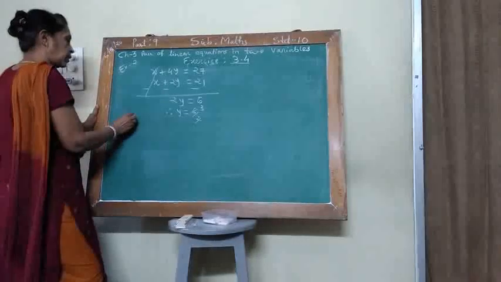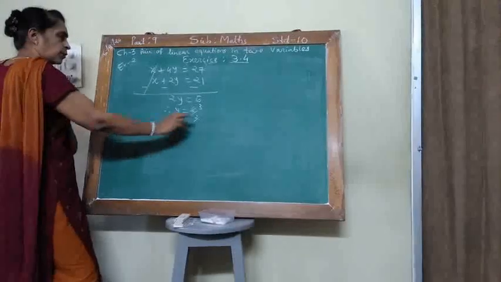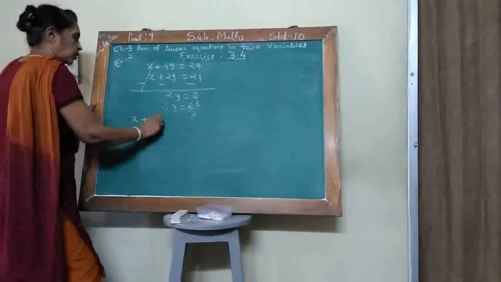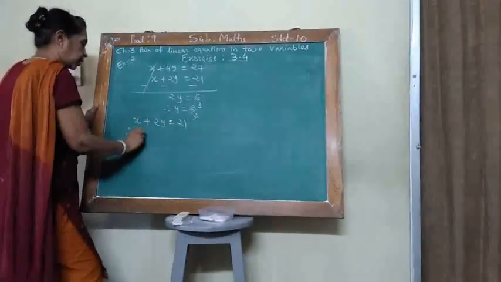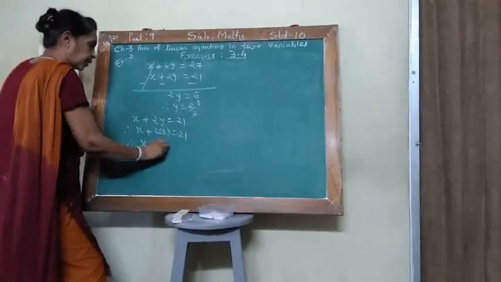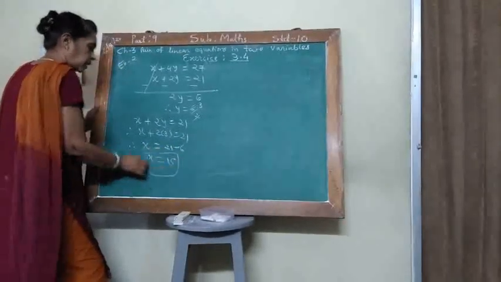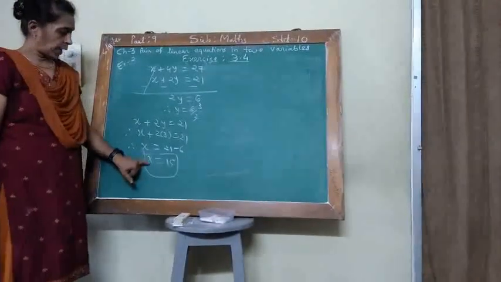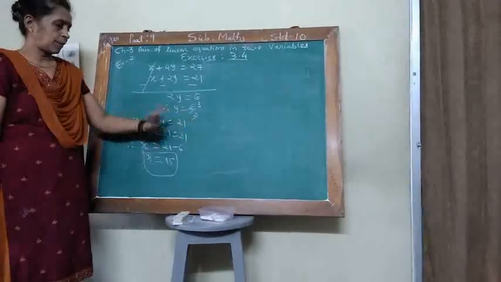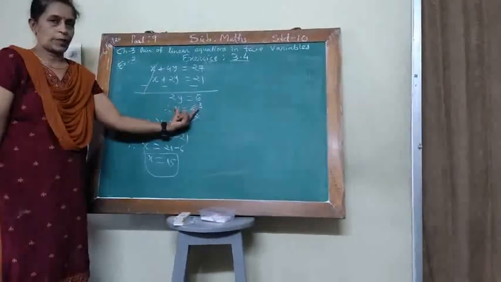Now substituting y equal to 3 in any equation, I substitute in the second equation. So you have to write, putting y equal to 3 in equation 2, you get x plus 2y is equal to 21, and therefore 2 into 3, and therefore x equals 21 minus 6, that is 15. Clear? So for 3 days, the fixed charge is 15 rupees. Clear? And after that, according to extra days, per day 3 rupees extra charge.